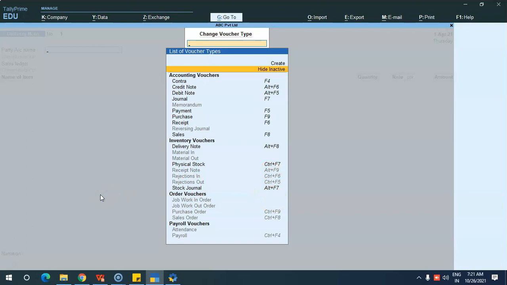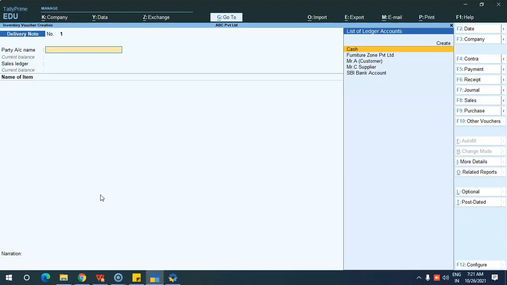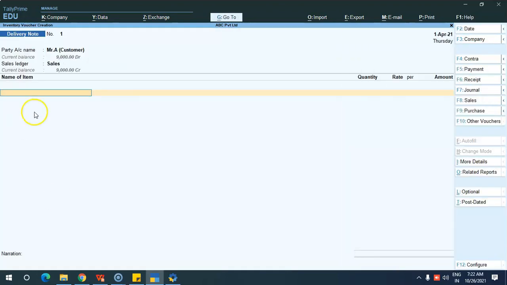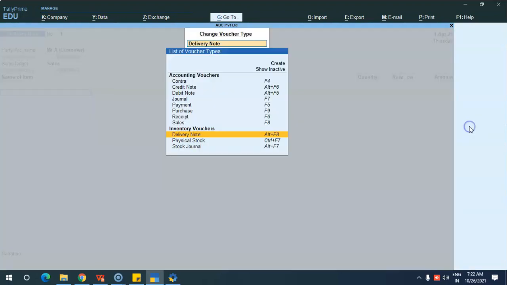Okay. So delivery note. So what is delivery note? If you are delivering your goods to your customers without an invoice. Okay. So for example, the customer says that you deliver the goods now. So after I have checked and satisfied with the goods, you can raise an invoice. In such cases, you should not move the goods without any document. So for that purpose, you will be raising a delivery note, while you are delivering your goods to your customer without an invoice. So same procedure, party name to whom you are delivering. For example, customer A. Okay, and sales and what are the items you are delivering, you have to give over here. Next comes the receipt note.